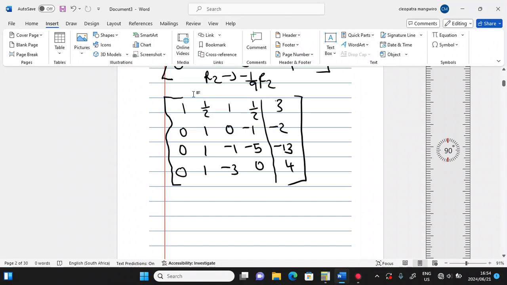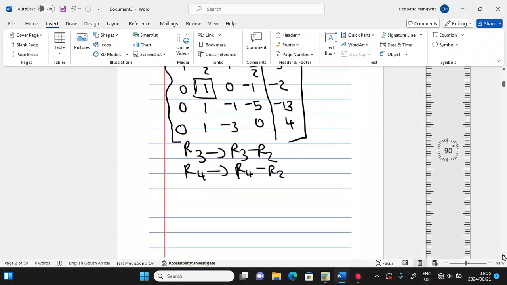So after performing this row operation, we see row 2 now has a pivot. So we want to reduce the entries below it to zeros. So we say row 3 is given by row 3 minus row 2. We are subtracting row 2 since that is the row with the pivot. Row 4 is given by row 4 minus row 2.